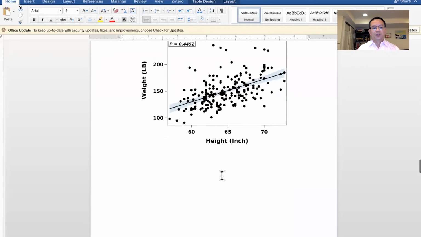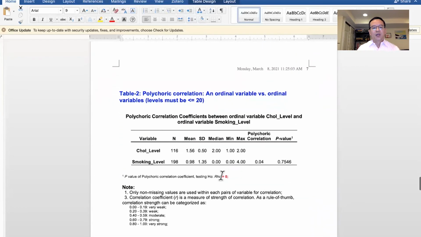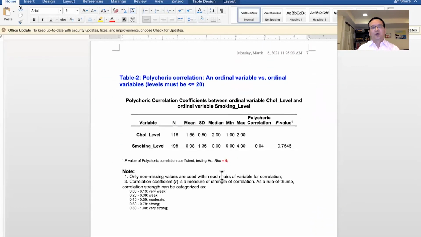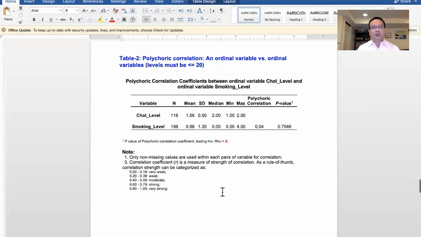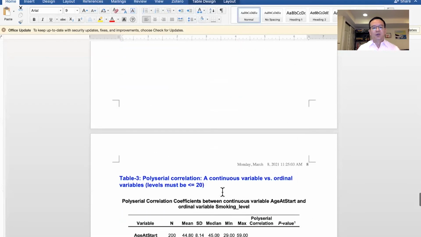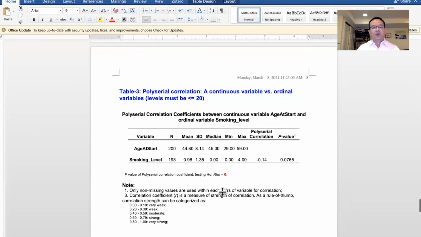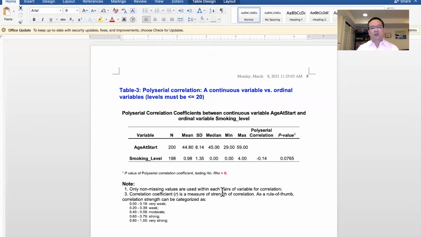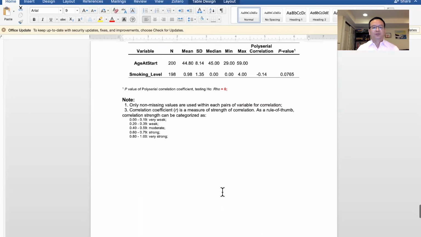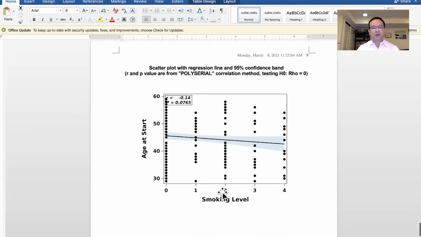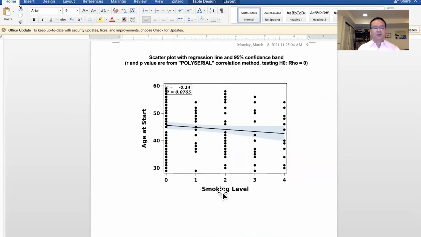And you can also request the plot. And this is a polychoric correlation coefficient in a similar table. And this is for the polyserial correlation coefficient between a continuous variable and an ordinal variable. And you can also request the plots.